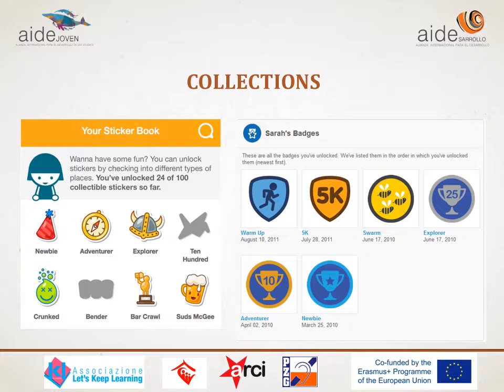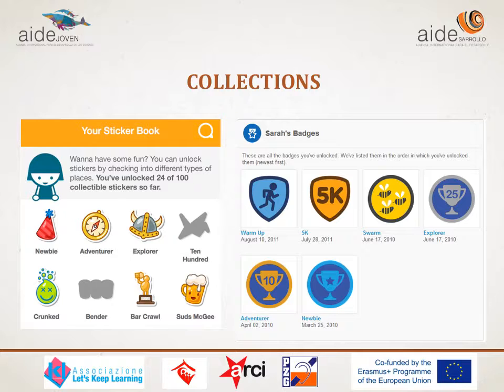For instance, you remember last lesson we were talking about Foursquare, and we said the first actions will get you the newbie badge, but then you'll have to go on making the key actions to get farther and farther. If you see on the right side of the image, there are some of these badges that show progress, but also there are some special badges that make users feel special because they attended a crowded event, for instance,